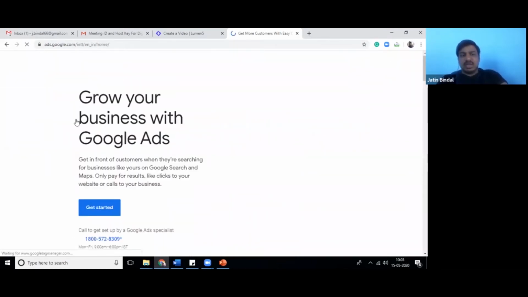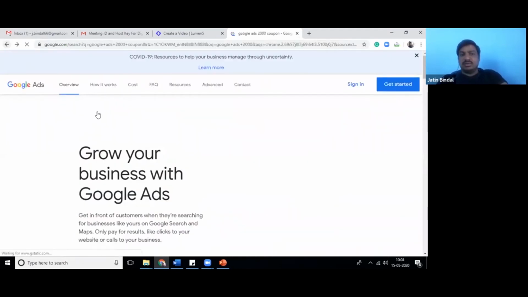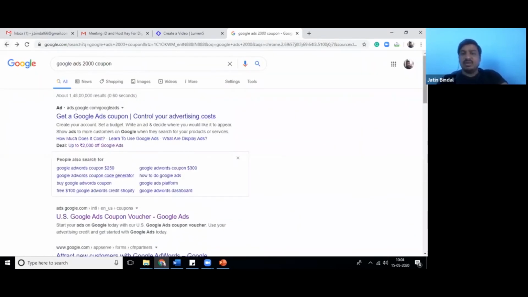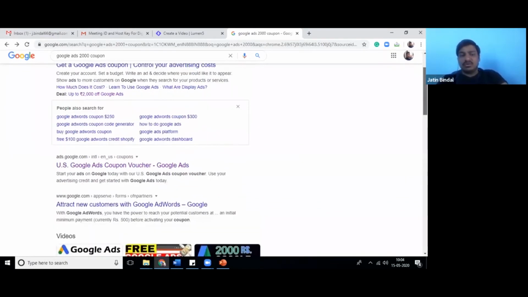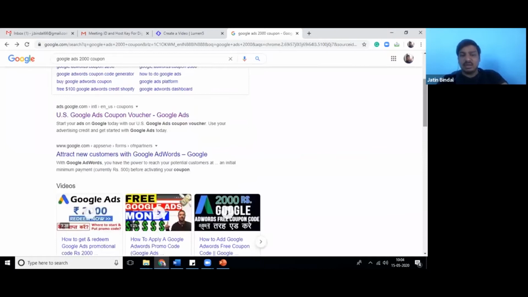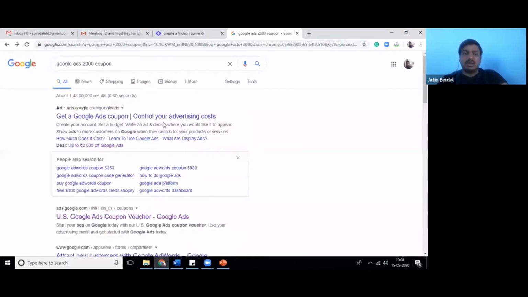One more thing, in case you have a friend or family member in the US, you can get a $150 ad coupon as well. Ask them to create the Google Ads account and they will create it for you and you can use it here also.